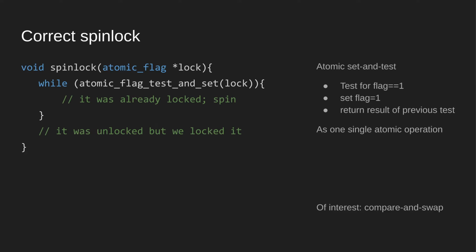Note that in the while loop, if it was already locked, we just try it again. We keep looping. And once we exit the loop, it means that atomic flag test and set returned 0. While 0, it breaks, so it continues to flow beyond the while loop. Apparently it was unlocked, and we locked it, and everything's great. Another such instruction which is often used is the compare and swap, which is CAS, and it kind of does the same thing.